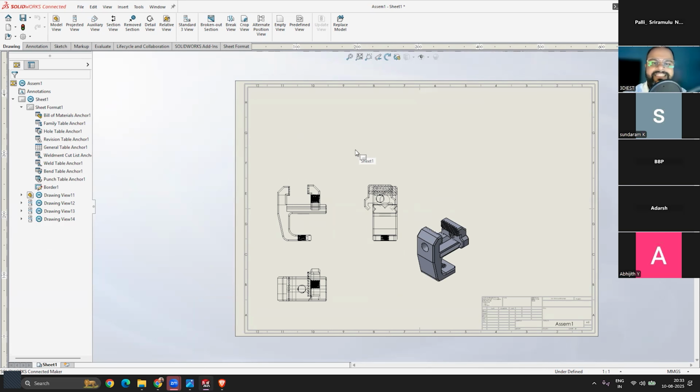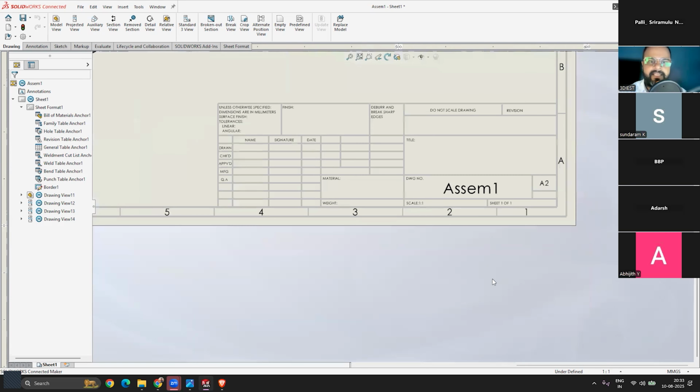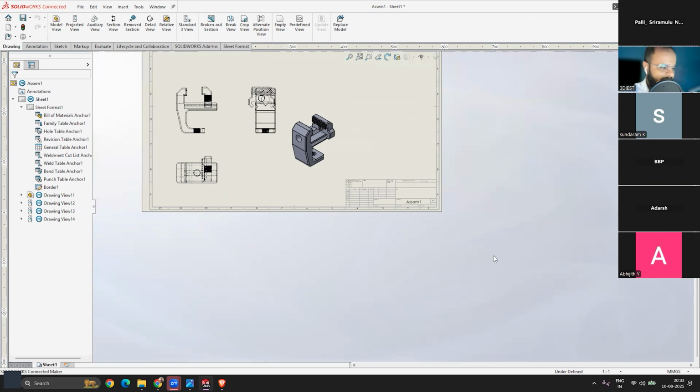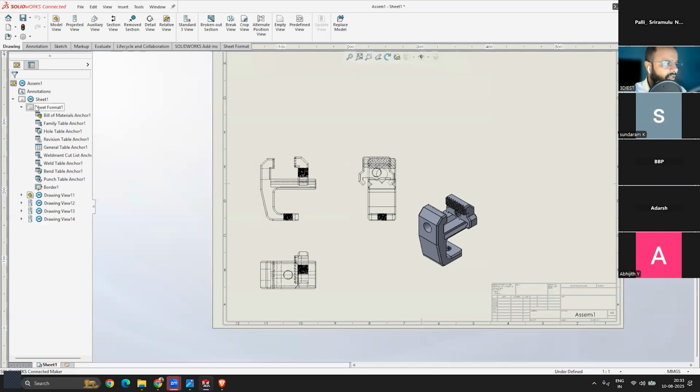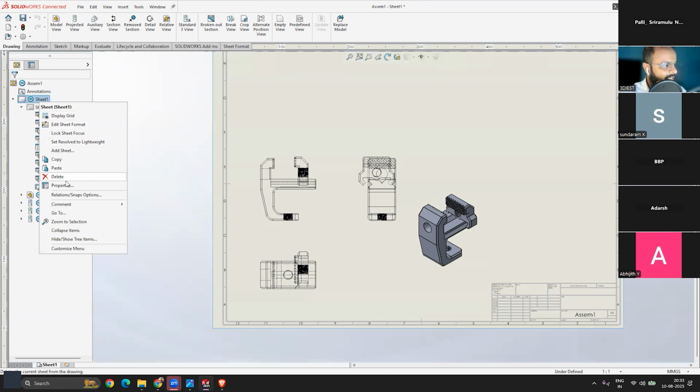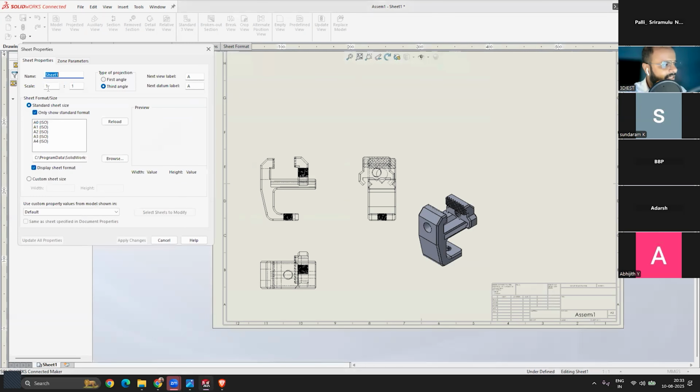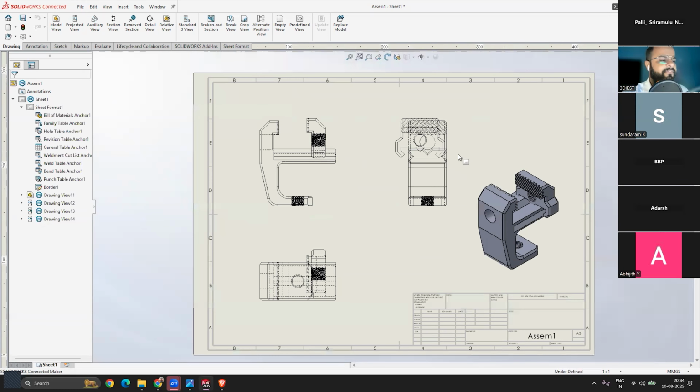But the moment you change the paper size, all the edits that you did inside the title block will get removed, right? So again, you have to feed all the information again, whatever the edits or the things that you did in your drawing. So just remember that. I will press Ctrl+Z, whether we can go back or not. No, we cannot. So again, we'll go back to the properties panel and we'll change this to A3, right? So A3 was the sheet file format I was using.